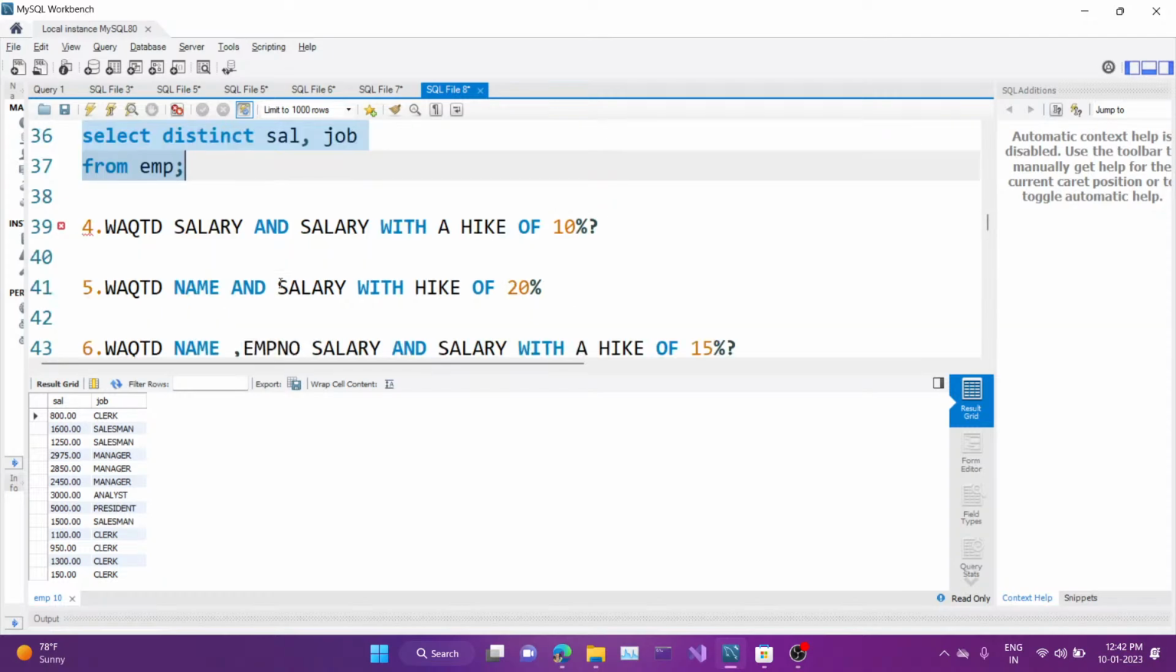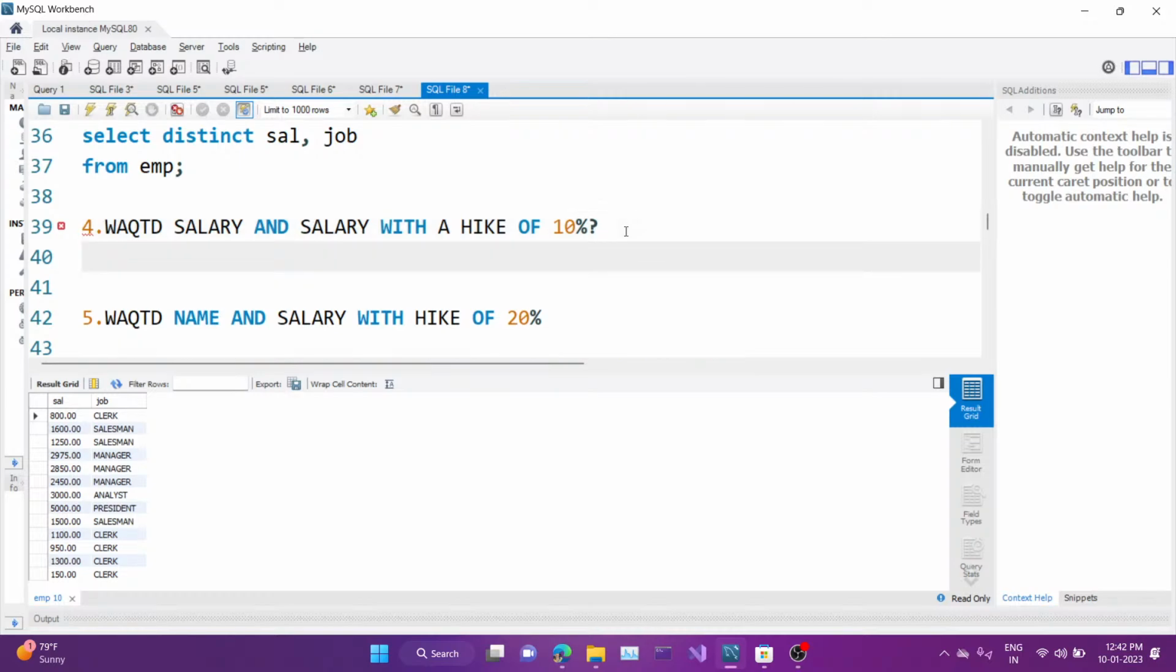The fourth one is write a query to display salary and salary with the hike of 10%. It means we have to display the salary, and we have to add 10% more in that specific salary. So for this, we are going to write a query like